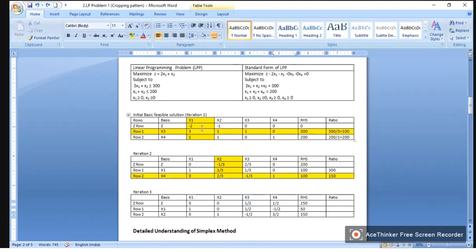But here these two have got negative coefficients. So we decided first this to enter the basis. But in the second table, this has got a negative coefficient. So we decided that x2 should enter the basis. Okay. So what you have to understand is that in three tables we are able to get the solution.